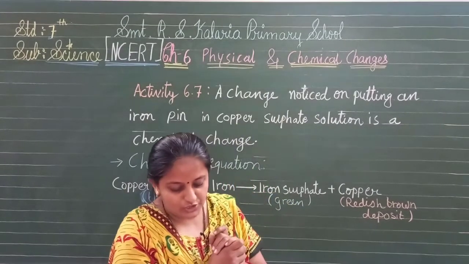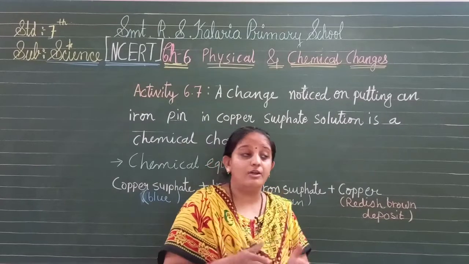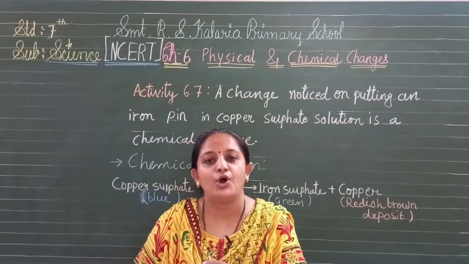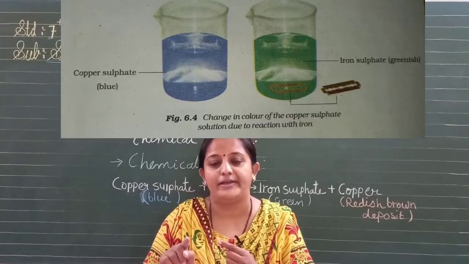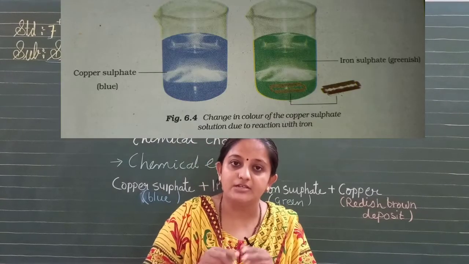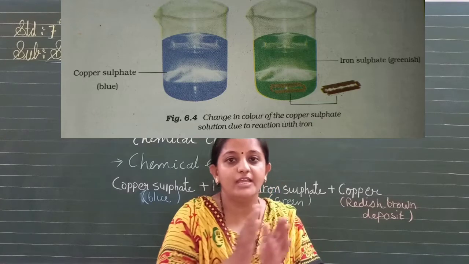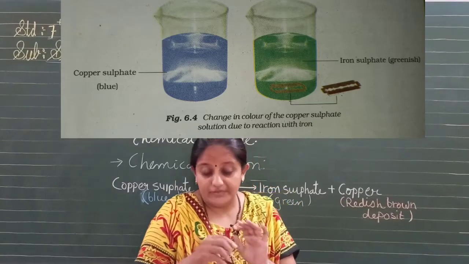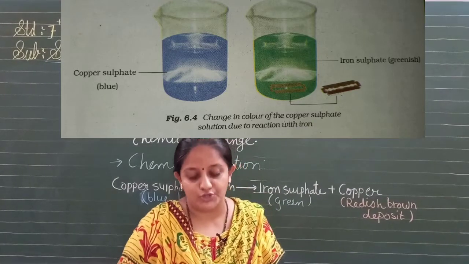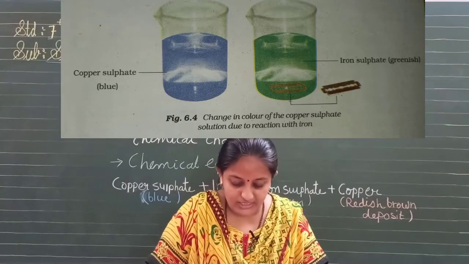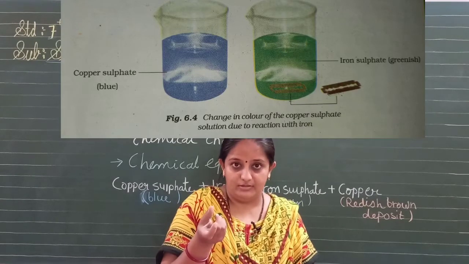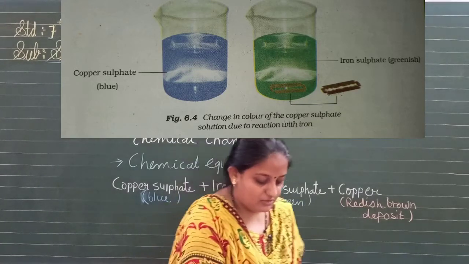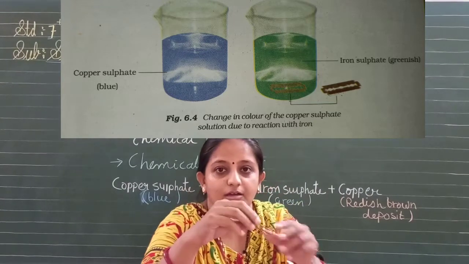Okay, the color of blue copper sulfate changing to green is due to the formation of iron sulfate. वो react हुआ iron के साथ and that is the reason copper sulfate blue में से green हो गया. The next observation: you will notice the pin which we dropped in this solution is copper. वो copper की बन जाएगी. And another new substance that you will also see is copper deposit.